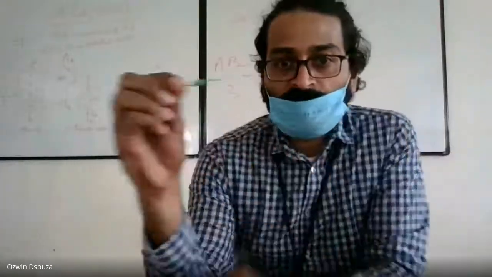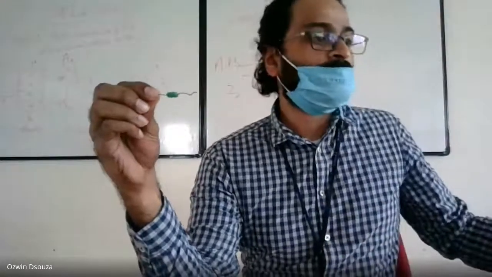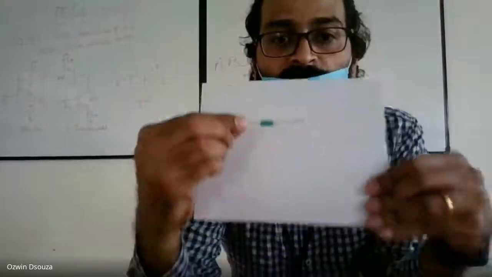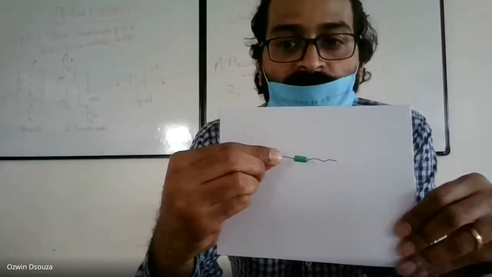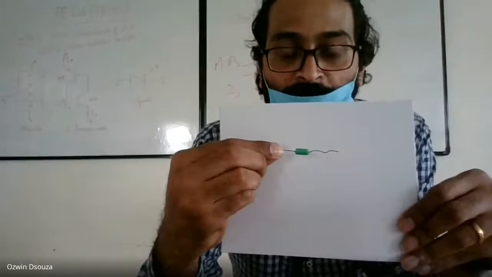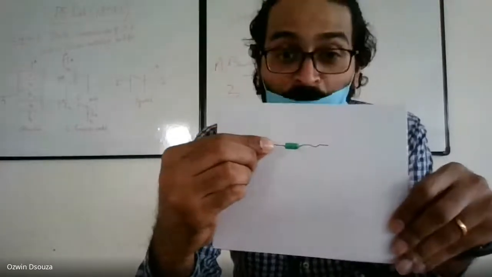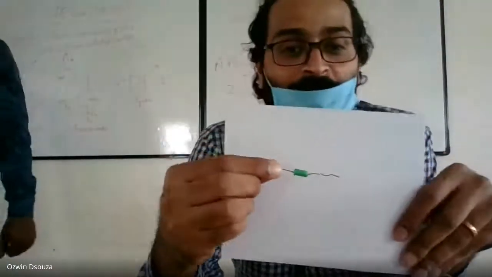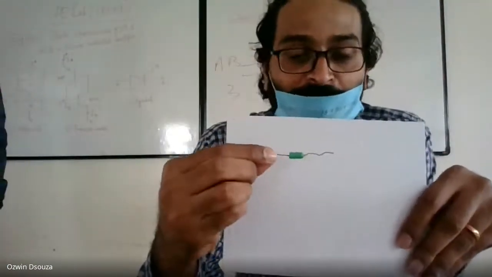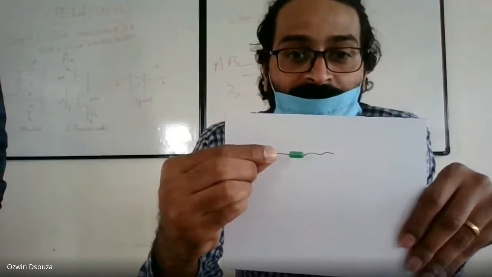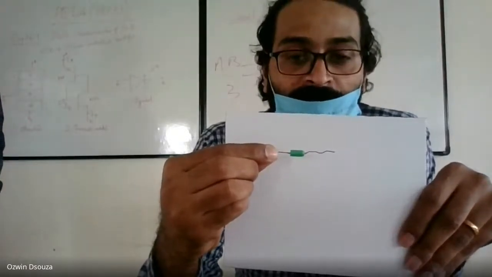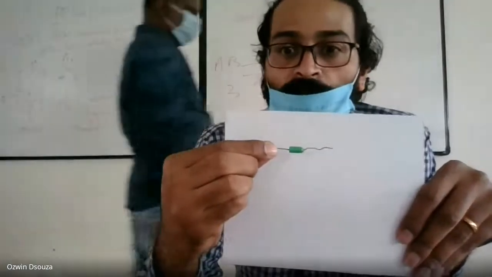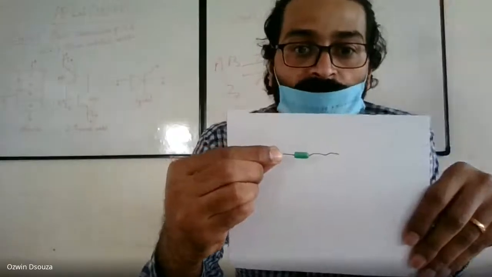Okay. You're able to see this device? Yes. So this is called a diode. I know it is pretty difficult. Even I'm not very comfortable doing the lab the virtual way, but still, I have to do it, right? So this diode is a PN junction diode, and the series is BY127.